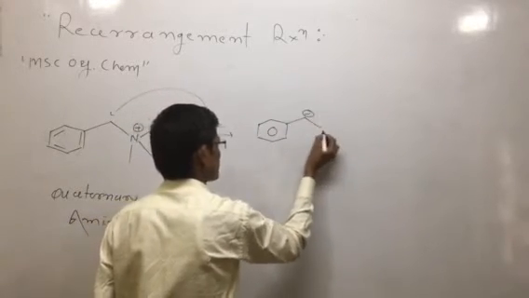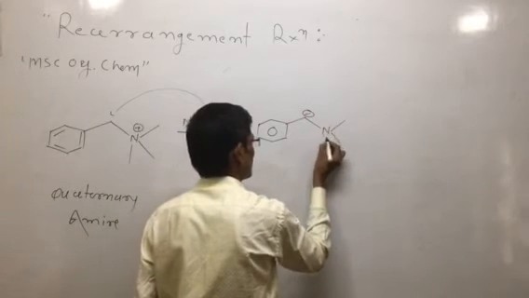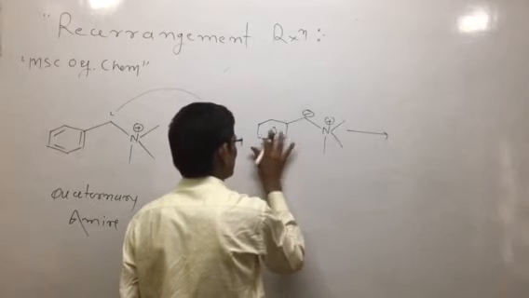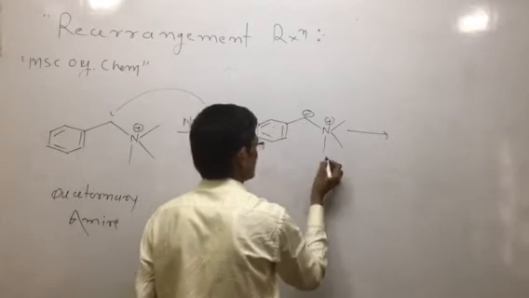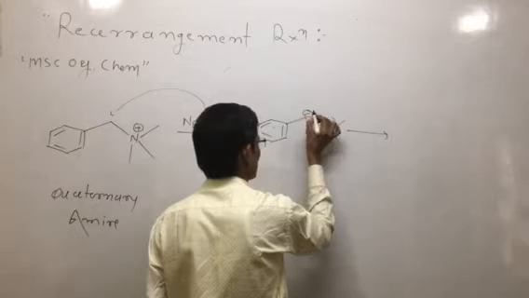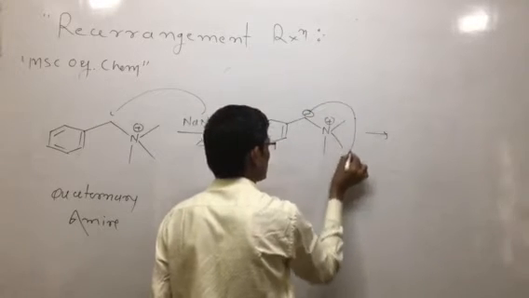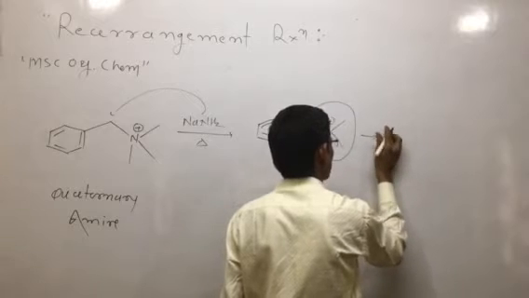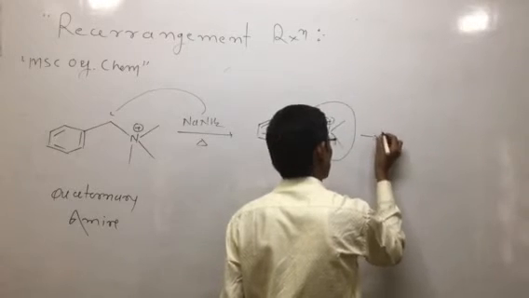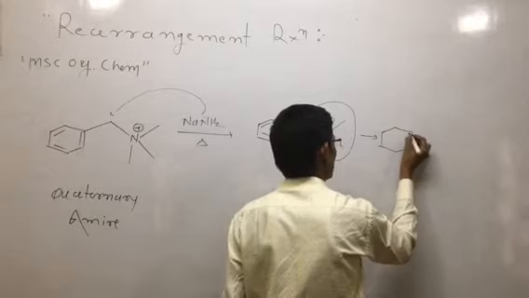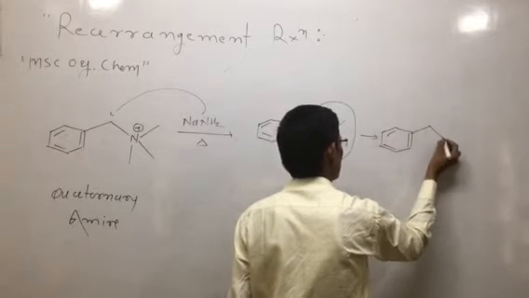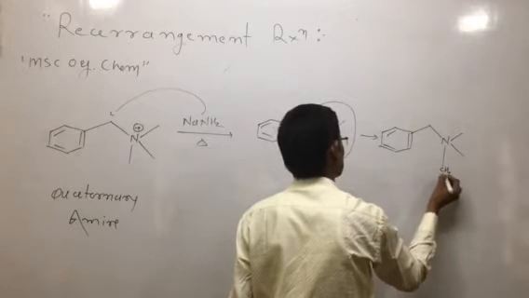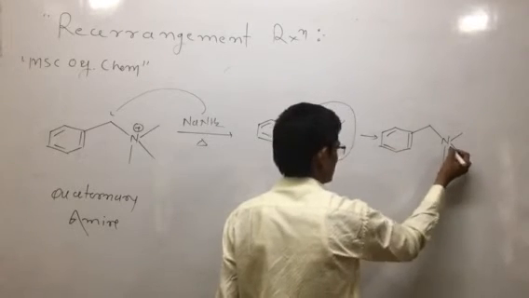This goes to the formation of a carbanion, with a positive charge here. Then what happens? The pi bond here is nucleophilic in nature, and has a tendency to take a proton from any of the CH3 groups. The CH3 group becomes a carbanion, CH2 with a negative charge. Then we number the positions.